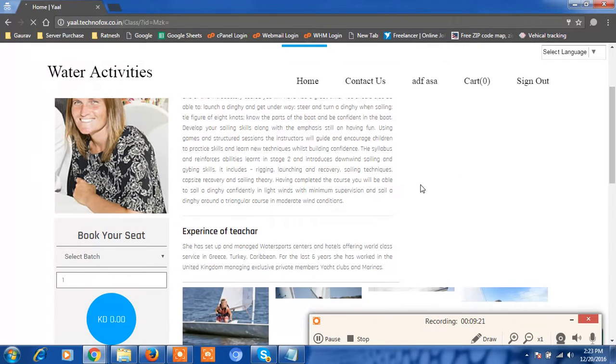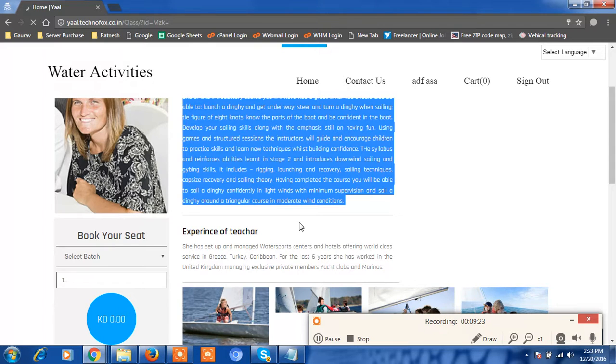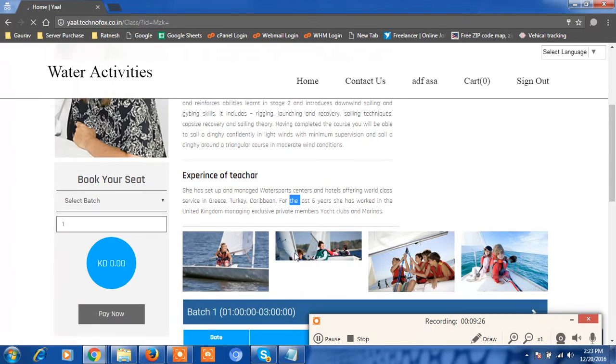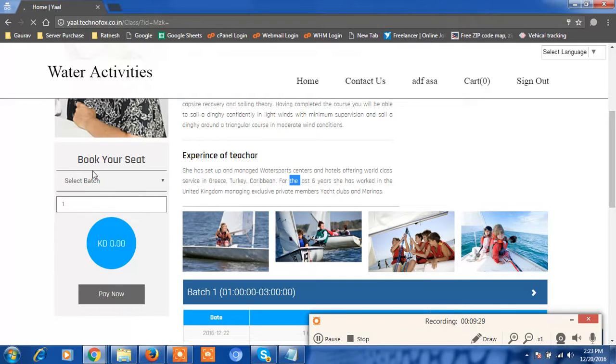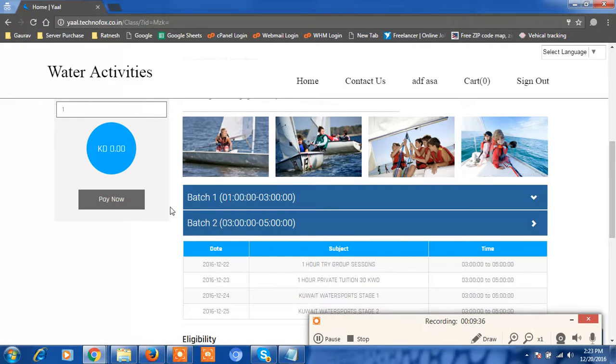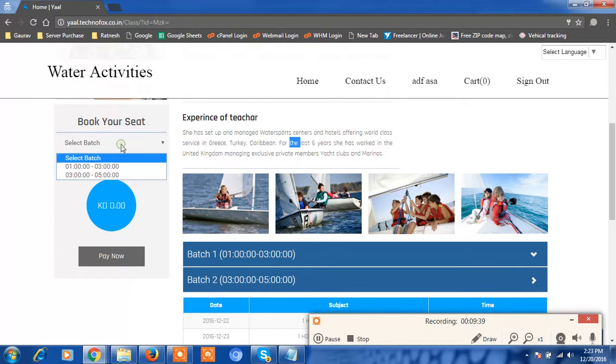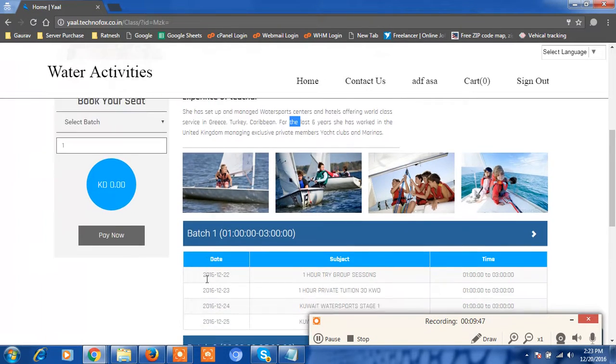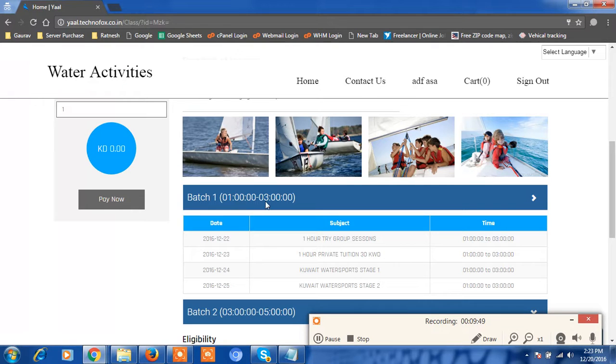So now if you see, this is the description about you. It's real data I took from your website. Your experience I mentioned here. These are some random images I took. I updated your 3 batches, 22, 23, 24, 25, for 2 batches on a day. Suppose I want to take a batch 1 to 3 p.m. or 3 to 5 p.m., 2 different times for 2 different batches, but on the same days. Suppose I started with a batch of 1 to 3 p.m., then on the first day I'm going to have 1 hour of group session, then on the 23rd again 1 hour of private tuitions, then Kuwait Water stage 1, then stage 2,